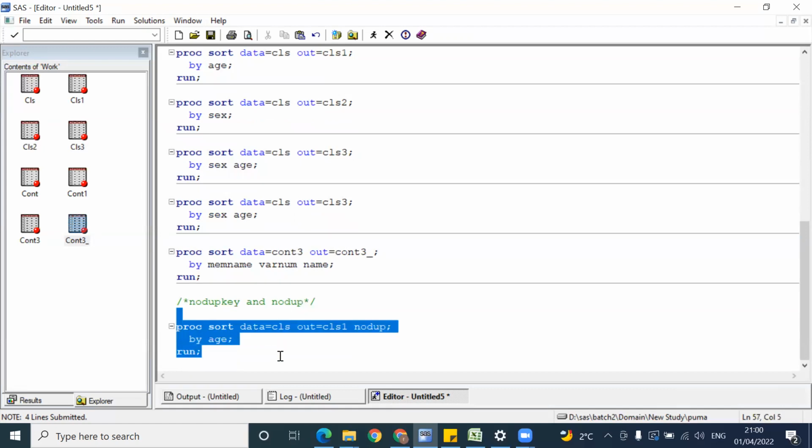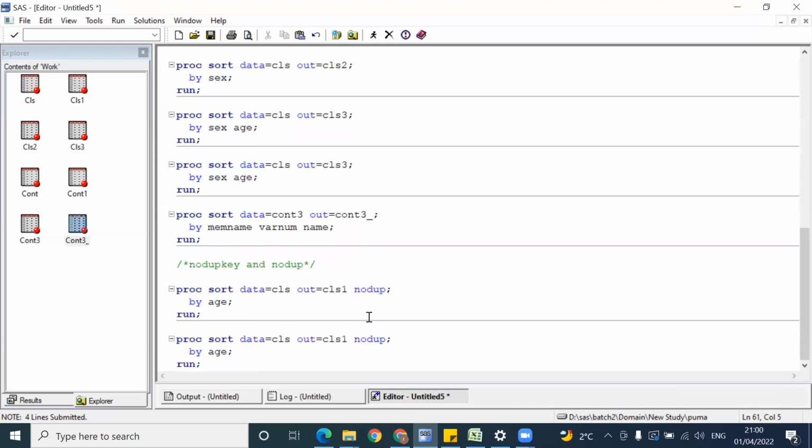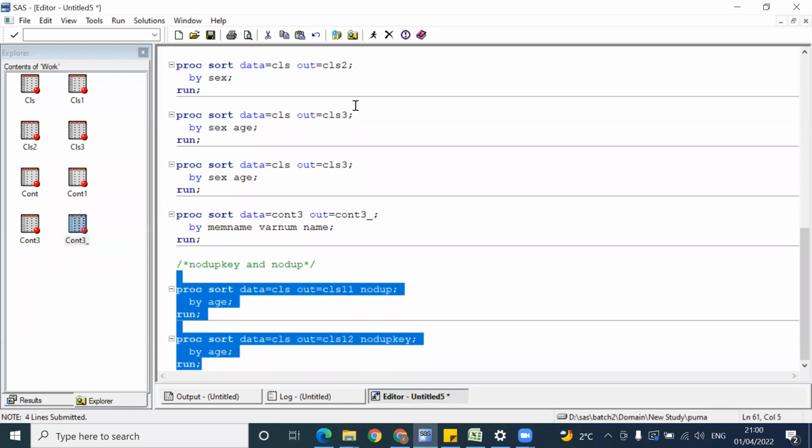When you are using no dupe and no dupe key, the differences we'll discuss now. No dupe, key by 1, 2. When we execute this program,